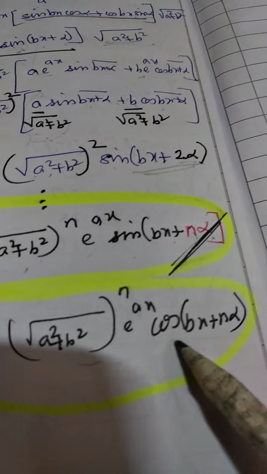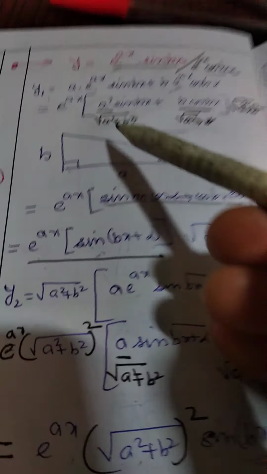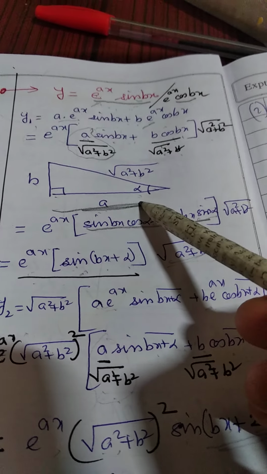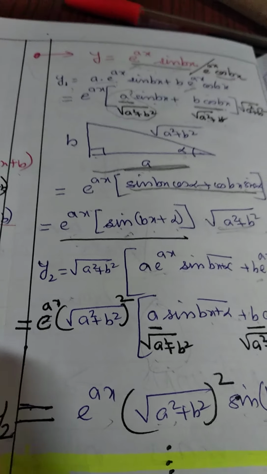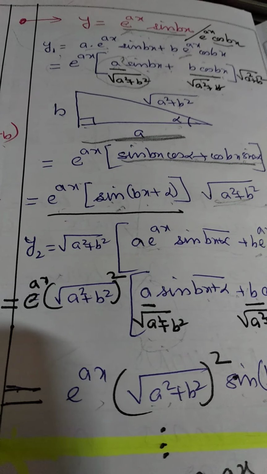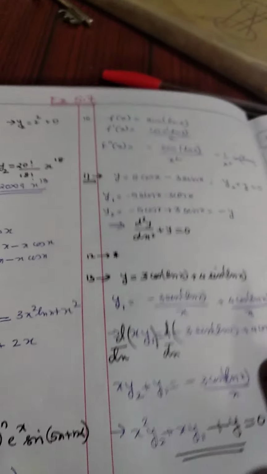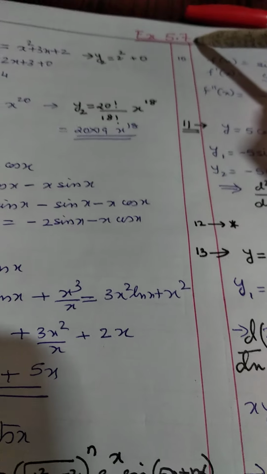The same answer you have for cos also, where you need to specify what this alpha is. That is specified here. You don't have to express it in another way. That's how we have it. So we have taken up the generalization of a few functions. Based on this, we have the next questions, that is from exercise 5.7.